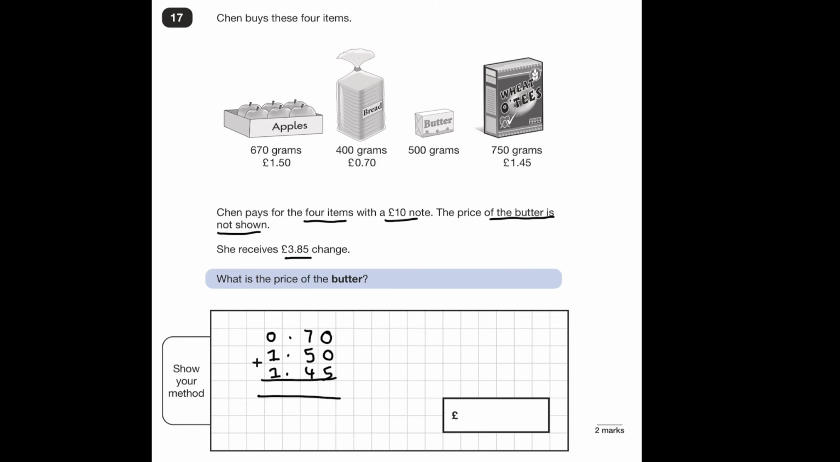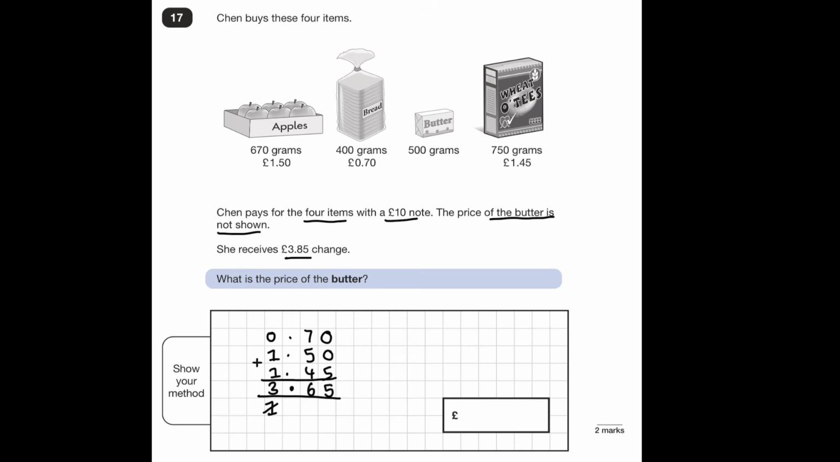We're just going to add all those together. 0 hundredths plus 0 hundredths plus 5 hundredths is 5 hundredths. 7 tenths plus 5 tenths plus 4 tenths is 16 tenths. So we put a 6 in the tenths column and exchange 10 tenths for 1 one. And then 1 plus 1 plus 1 is 3 ones. So it's 3. And therefore the total of all of them is equal to